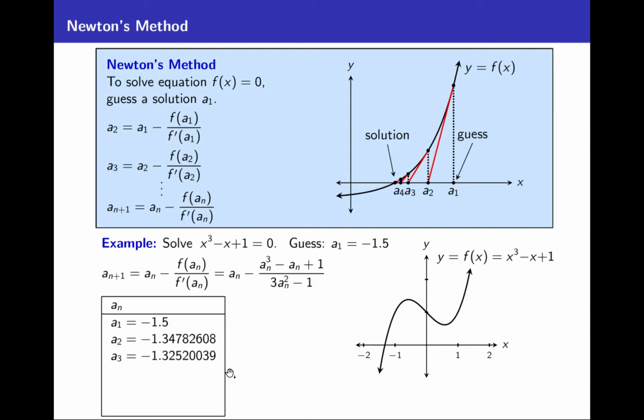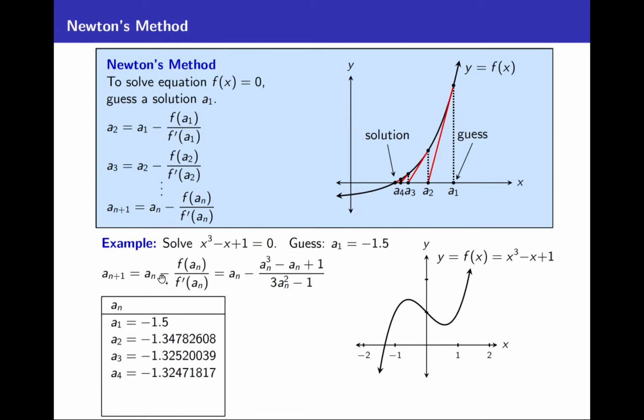And then you have to calculate a sub 4. And to do that, you take this a sub 3, and you plug it in for a sub n in this expression. You work it out just like you did before. You'll get a sub 4 equals negative 1.32471817. Iterate again,